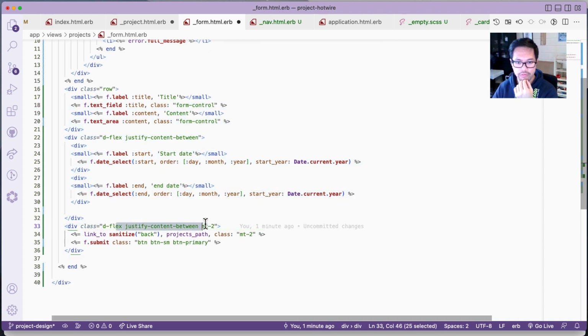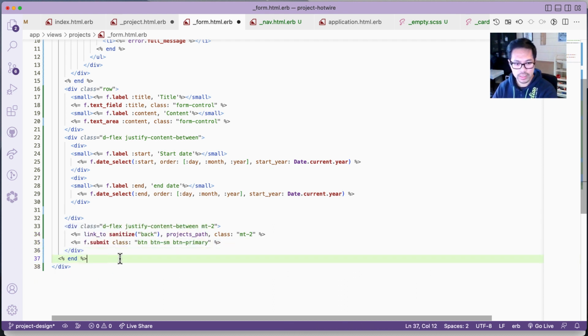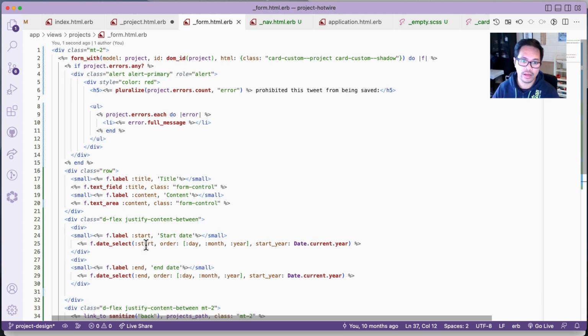And also here, d-flex justify-content-between. Then I wrapped up the link, sanitized the back, and it goes back to the project, and when you click submit, it submits. So I think that was it. If I forgot something, let's go back to this later. Again, we are using form_with here. In the future, we're going to use simple form, and we're going to explore that